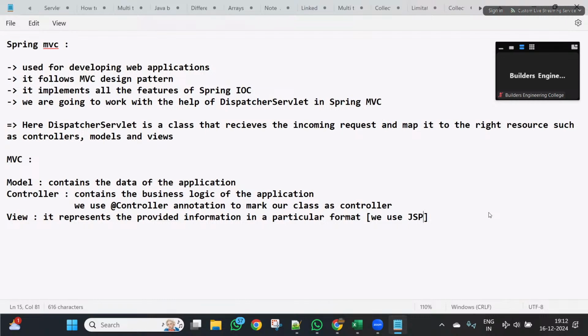So we can use Thymeleaf, Velocity, multiple things we have. Okay, next, one more very important thing is I told